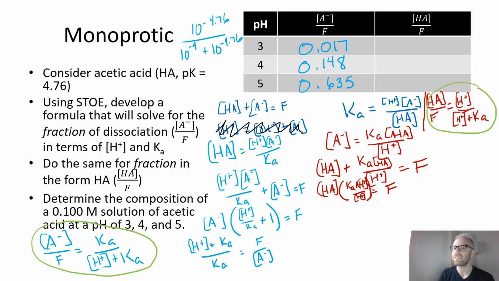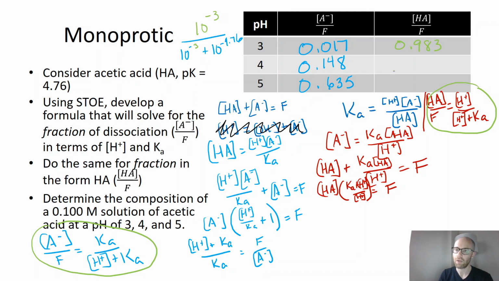So you may be thinking a step ahead of me. If the solution is 2% A minus, it kind of has to be 98% HA. I get where you're coming from with that, and I don't disagree with you. And so you can do plug in instead of doing the expression that we have up here. If we were solving for the fraction that is in the form of HA at a given pH, all we'd have to do is go back to our calculator, change our numerator, and solve for that. And what we get does match up,